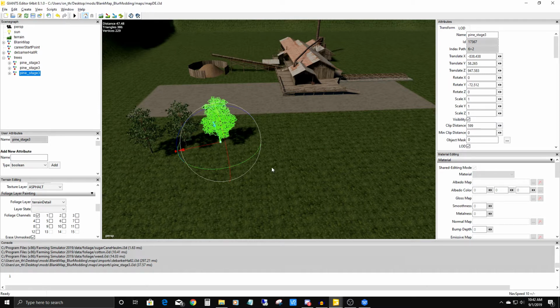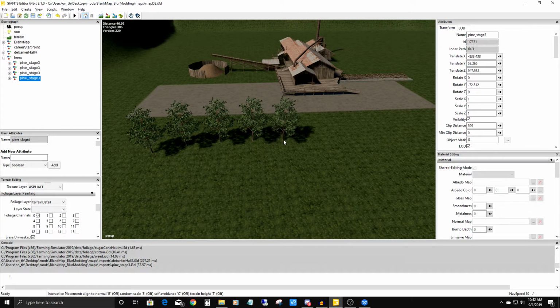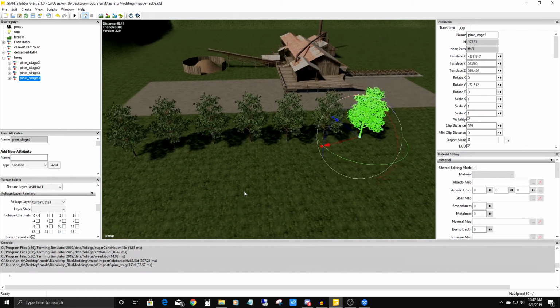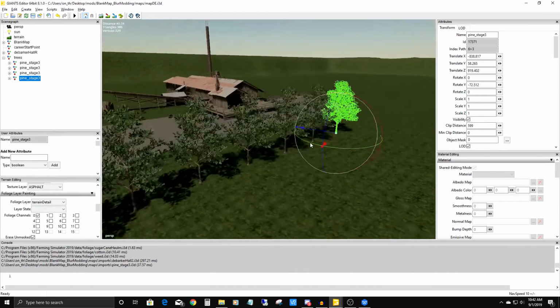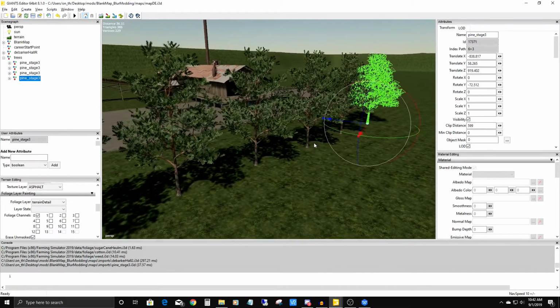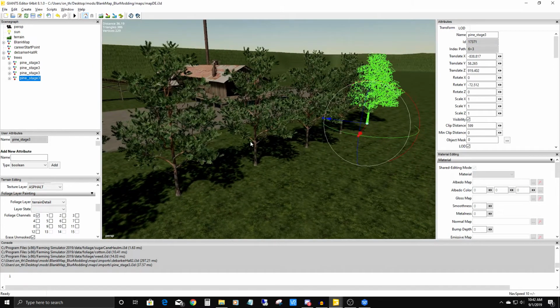So again, do Control D, then Control B, hold down your left mouse button. Now on the keyboard, click Shift, and every time you click Shift, it's going to place a tree. So 1, 2, 3, and 4. I just let go right there. Now the thing about doing the shift is, if you notice this limb, that limb, that one, they're all perfectly